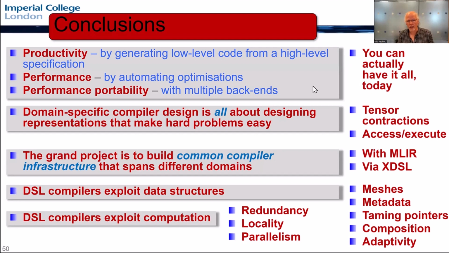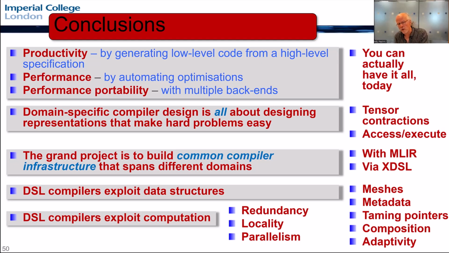So the first one is, if you want this magical combination of productivity, performance, and portability, I mean, you can hear people talk about this in high-performance computing environments all the time. And this is the motivation for many, many, many high-level parallel programming models. Many, many, many, because it's actually a hard problem if you think of it as a general problem. If you are prepared to start from a domain-specific context, then you can have this today. You can have it really today by downloading the tools I've mentioned and running them on your laptop this afternoon.